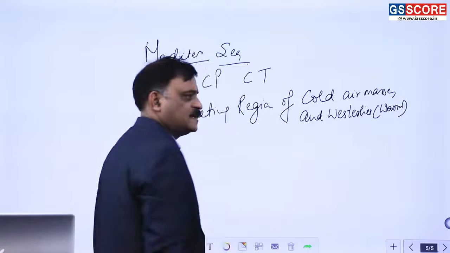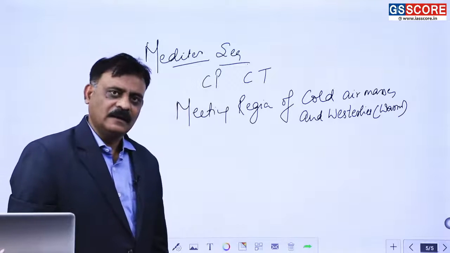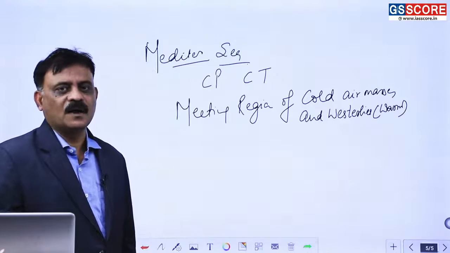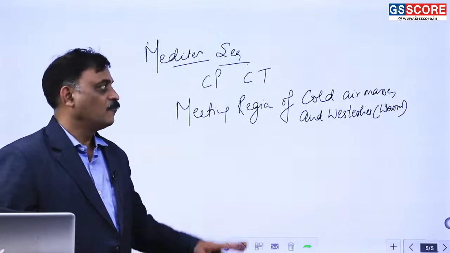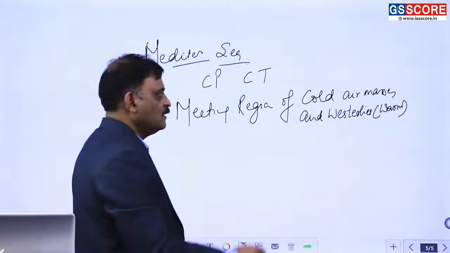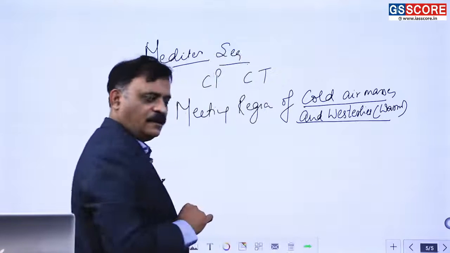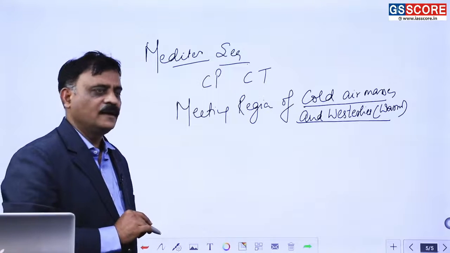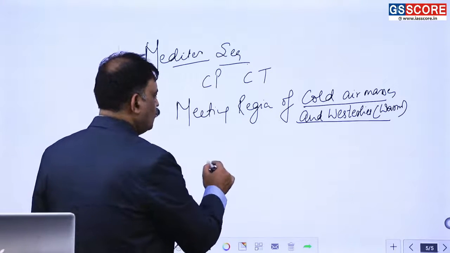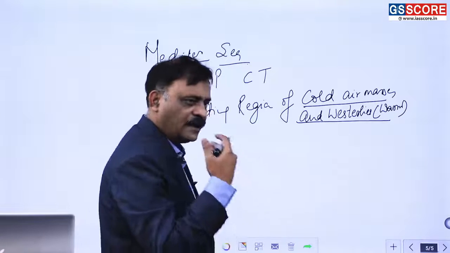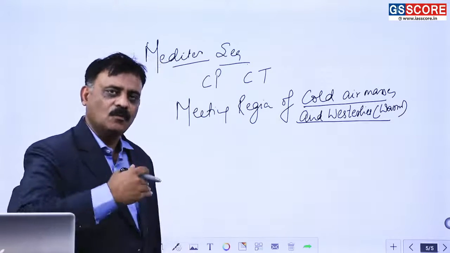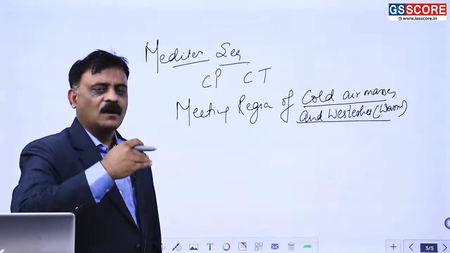क्योंकि वेस्टर्लीज ट्रॉपिकल से हायर लैटिट्यूड की ओर आ रही हैं, तो वेस्टर्लीज का नेचर यहाँ रिलेटिवली वार्म होगा। तो इन रीजन्स के अंदर जब वार्म वेस्टर्लीज और कोल्ड एयर मासेस आपस में आकर मिलते हैं, तो जो कोल्ड एयर मासेस होती हैं वो वार्म एयर मास को ऊपर की ओर पुश कर देती हैं,